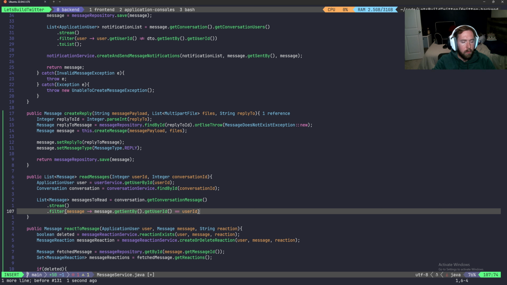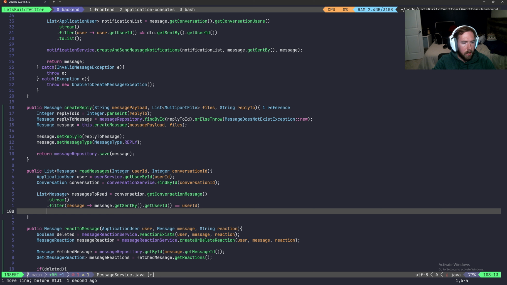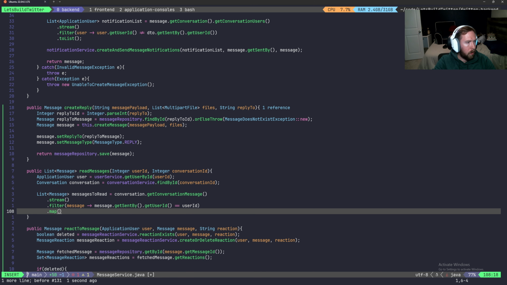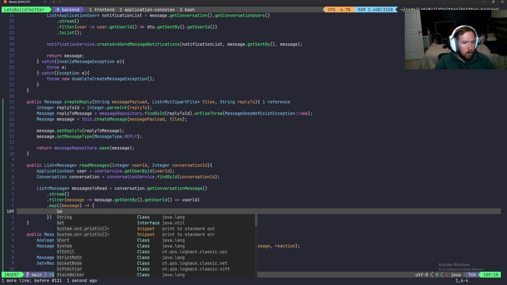We also probably want to check to see if it was already read, because it's going to be getting back all the messages instead of only the ones that haven't been read. So I might need to refine this logic slightly, but for now we're just going to say next.map, and then message like so. I guess it technically won't hurt anything. We're just doing extra work. It's a set